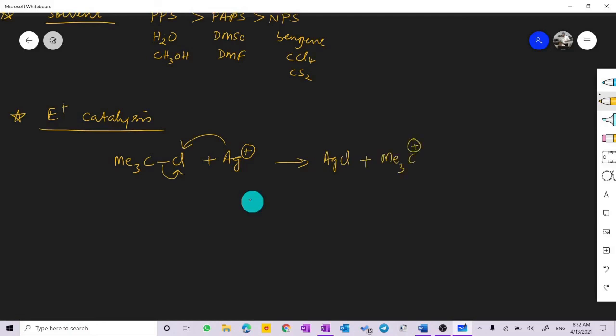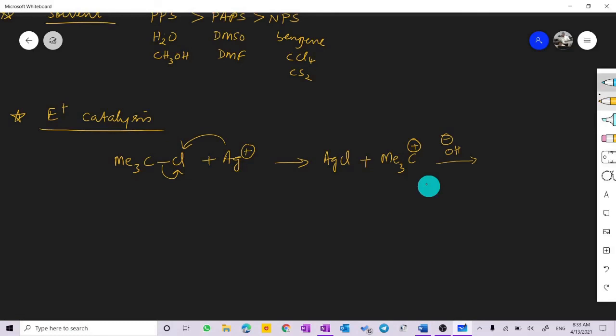So you have to identify the reaction by looking at the reagent. Whenever you see an electrophile added to an alkyl halide like this, that means the electrophile is going to remove the leaving group better, and therefore there is better formation of the carbocation, and a better E1 reaction will take place. Now if you add the base to this, you will get the formation of the corresponding elimination product. So catalysis is a very important step.